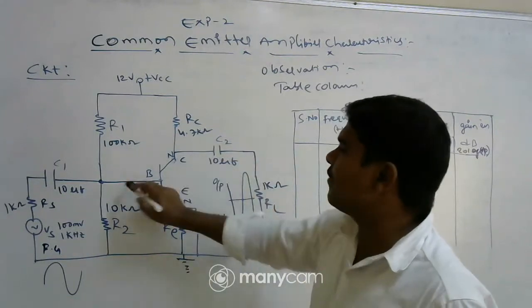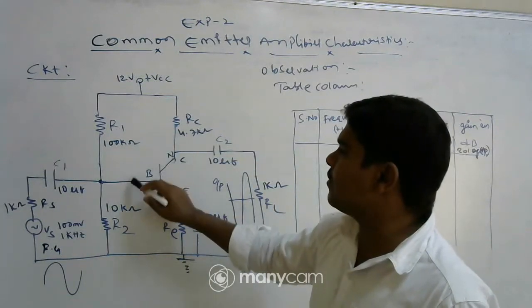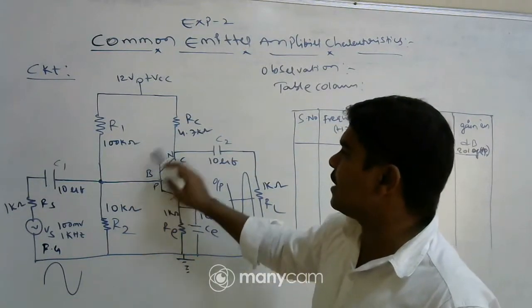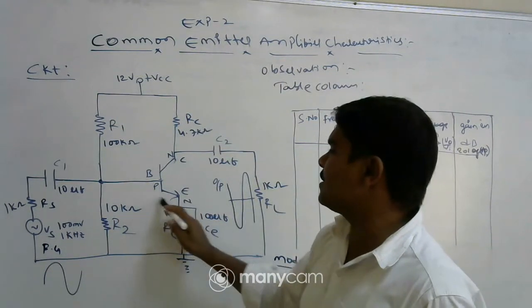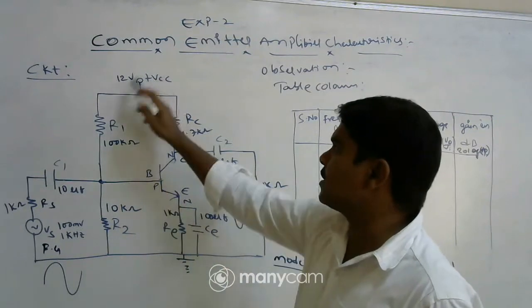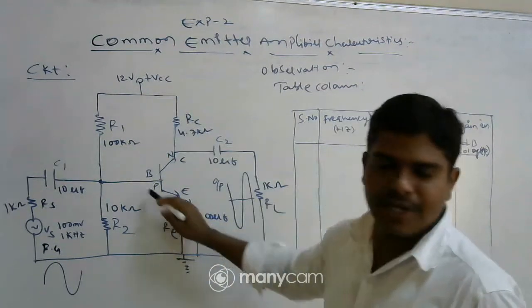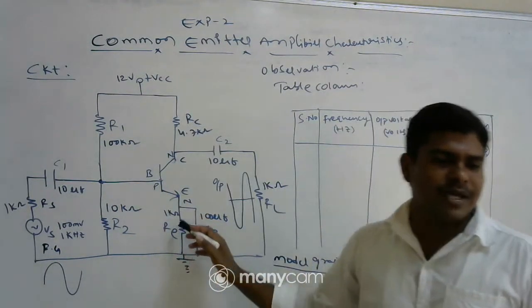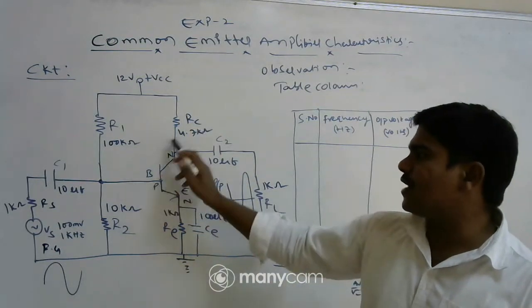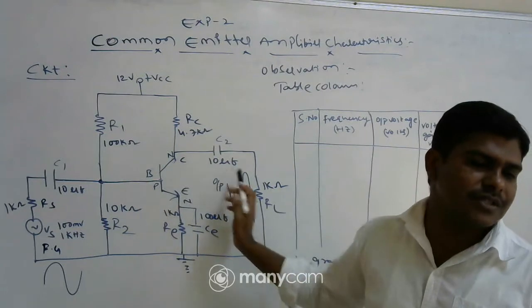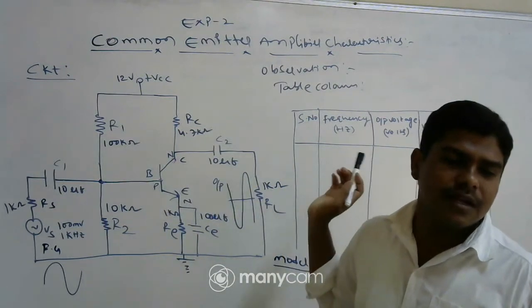That is nothing but making the emitter base junction forward biased and the base collector junction reverse biased. This one is the base and this one is the emitter; the junction is the emitter base junction. By using this plus VCC voltage, we make the emitter base junction forward biased, and because this is an NPN transistor, the collector base junction is reverse biased. Now, in which region is your transistor operating?